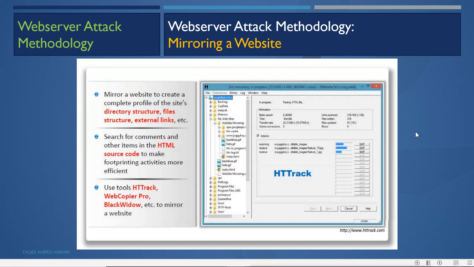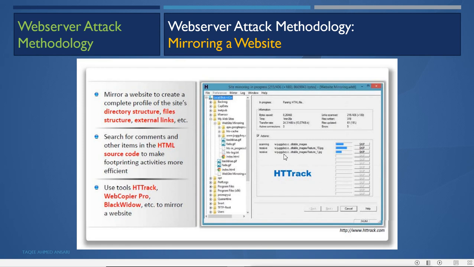Search for comments and other items in the HTML source code to make footprinting activities more efficient. We can use different tools like HTTrack, WebCopier Pro, Black Widow, etc. to mirror the whole site. By mirroring the whole site, we can get information about the directory structure, and sometimes even some sensitive information.